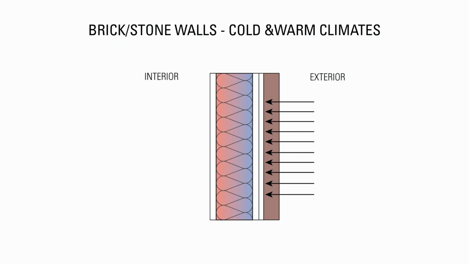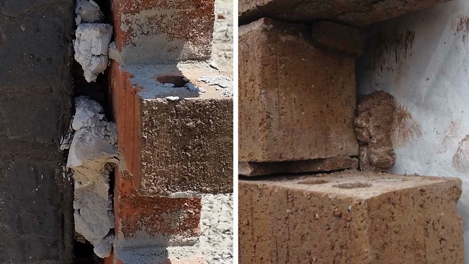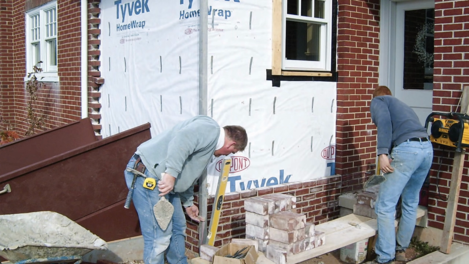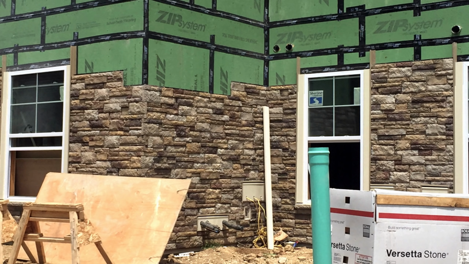To solve this, you must provide a well-ventilated cavity or air gap behind the brick or stone wall to let water and vapor escape. This gap must not be filled with mortar. You can also use exterior insulation or a sheathing membrane to limit the vapor drive. It is very important to not use vapor barriers with the brick wall system, only vapor retarders.